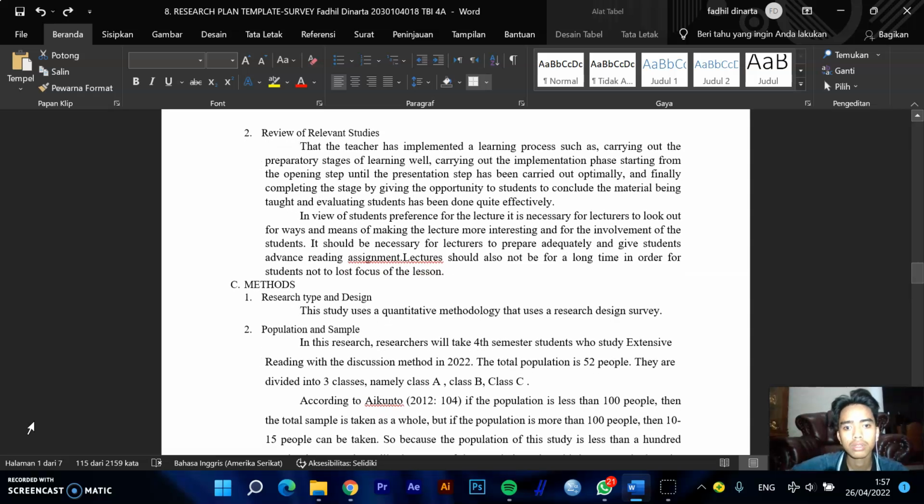Let's go to the research type and design. This research uses a quantitative methodology, and the research design is a survey. Population and sample. In this research, researchers will take first semester students who study